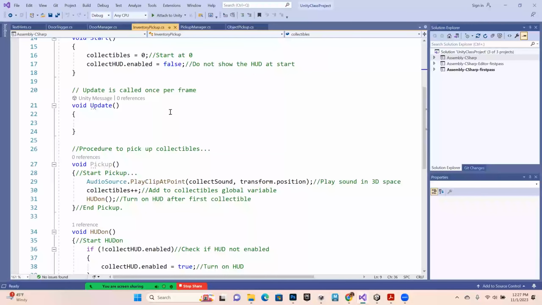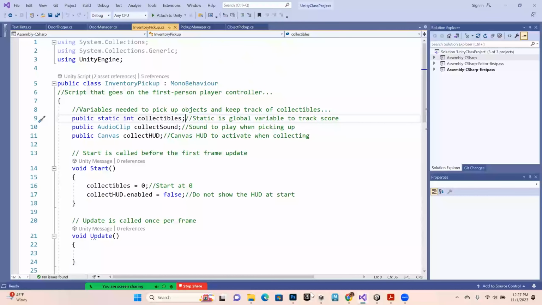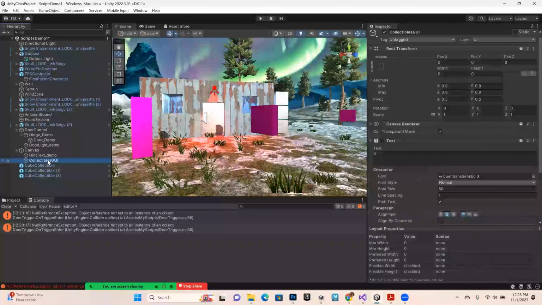I'm not actually doing that in this script, so I'm going to go back here, and I think this error is because it's not finding this object right here. So I'm going to go ahead and